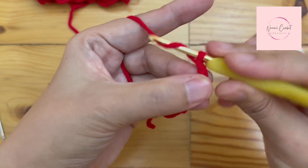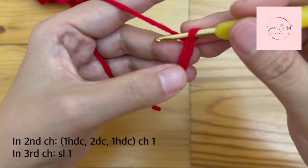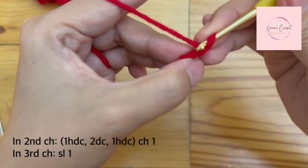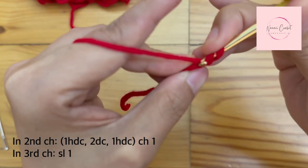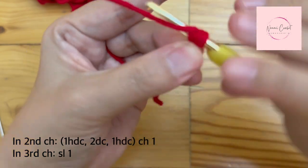Let's start with half double crochet in the second chain from hook. This is the first braid, this is the second braid. So behind the second braid, so we'll be crocheting into the second bump here. Make 1 half double crochet into the second chain from hook,